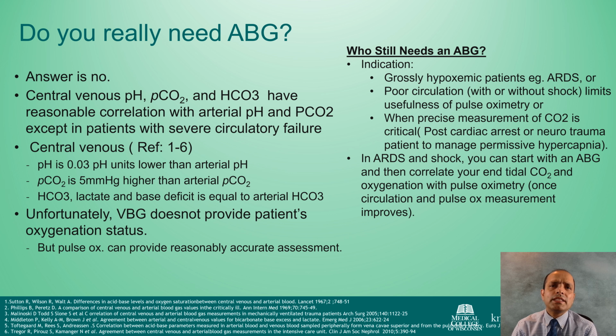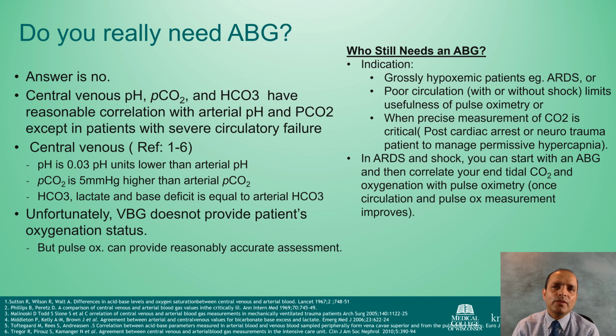Then who still needs an ABG? The indications for ABG are those people who are grossly hypoxemic, somebody who has ARDS, where the management is dependent upon accurate measurement of PO2, and also people with poor circulation, somebody in shock, where pulse oximetry